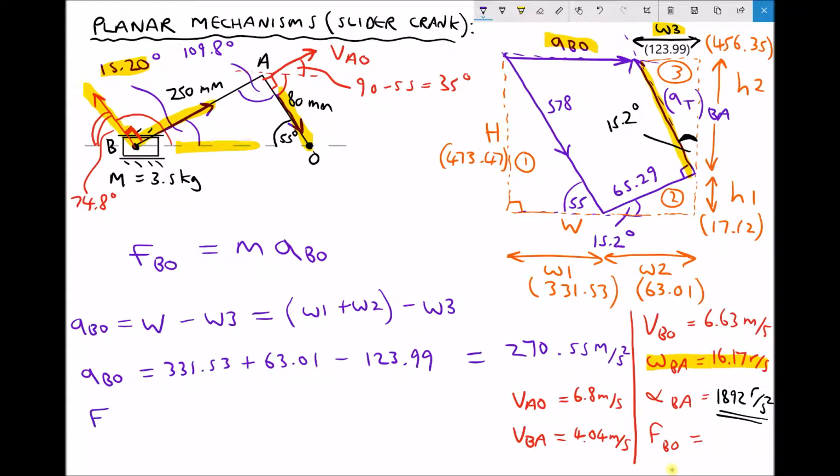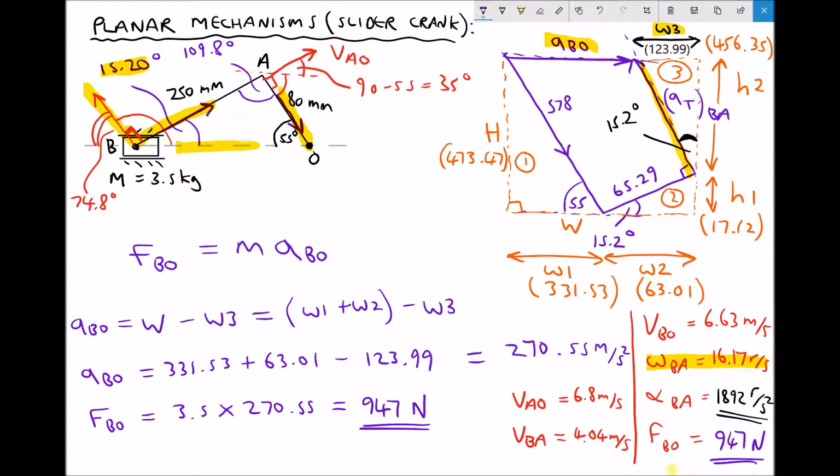Therefore, our force of B relative to O is our mass of 3.5 kilograms times our acceleration of 270.55, giving us a force equal to 947 newtons, accurate to the nearest whole number. So adding that in our bottom right hand corner